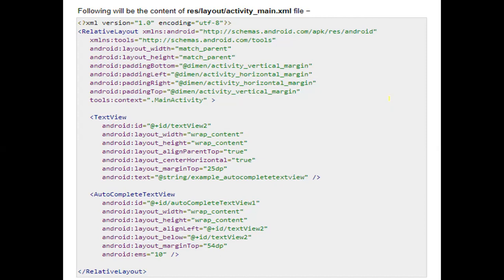And after that, click on the activity_main.xml file, and this file shows the coding related to your design. So either you can simply drag and drop text view, edit text and autocomplete text view, and after that by clicking on properties in that design view, you can edit your design.